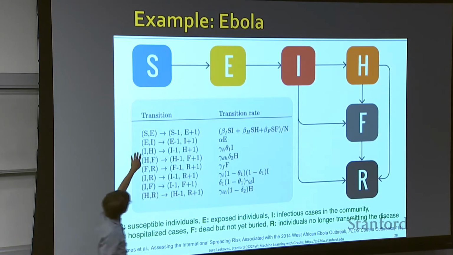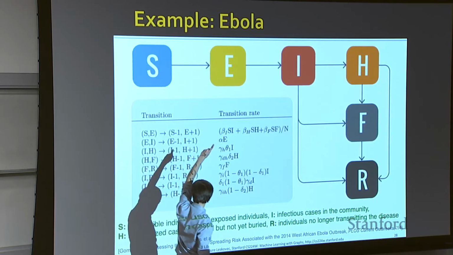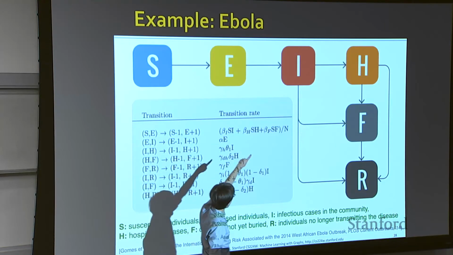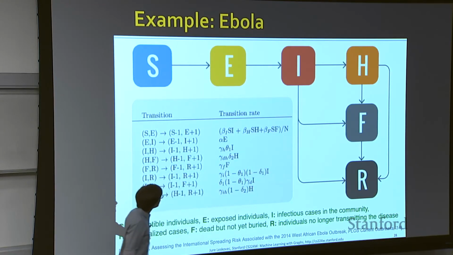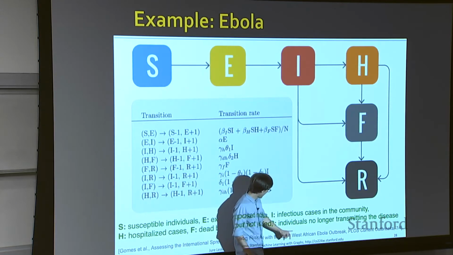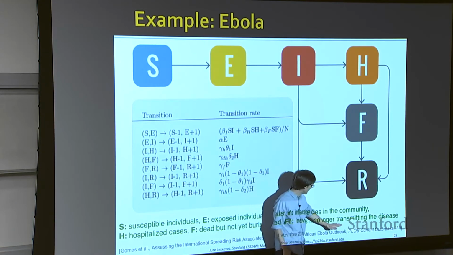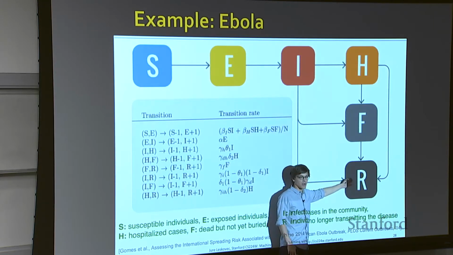I think this is the model for Ebola: S is susceptible, E is exposed, I is infectious, H is hospitalized, F is dead but not yet buried, and R is individuals no longer transmitting the disease,